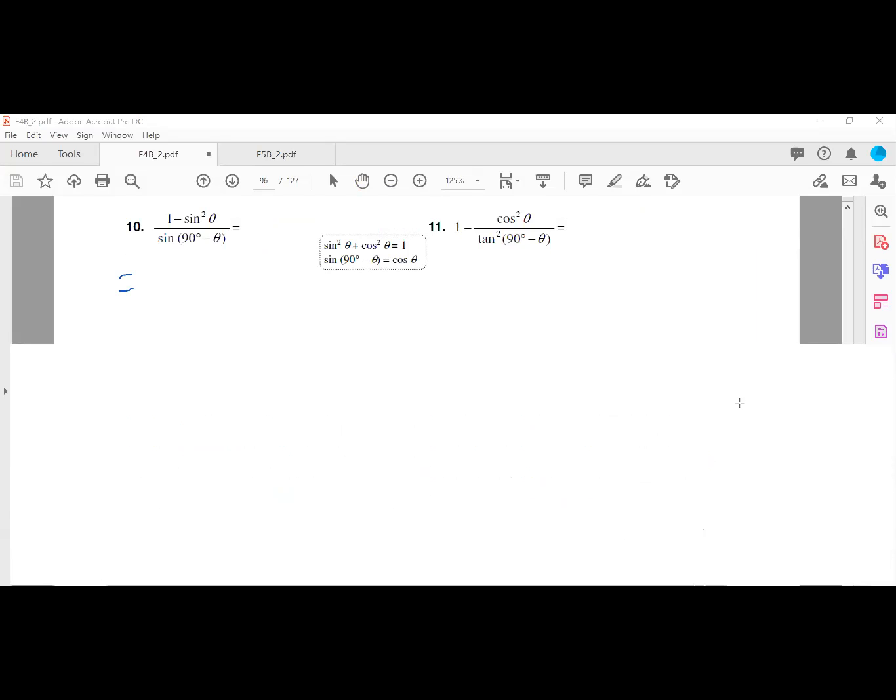So we just keep the 1 minus sine square theta on the top unchanged. Okay, just copy the top. And then for this step, I just change the sine 90 degrees minus theta to be cosine theta by using identity 3。第3條 identity 係咪？好啦，跟住如果你見到有二次方 sin 二次或者 cosine 二次嗰啲嘅話，我就會用呢一條，sin square theta